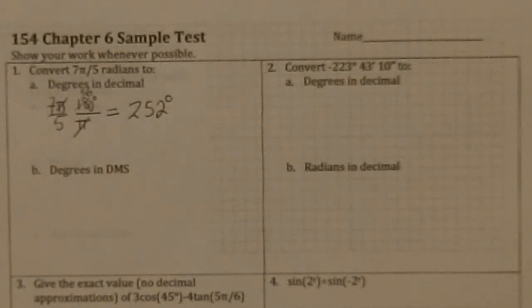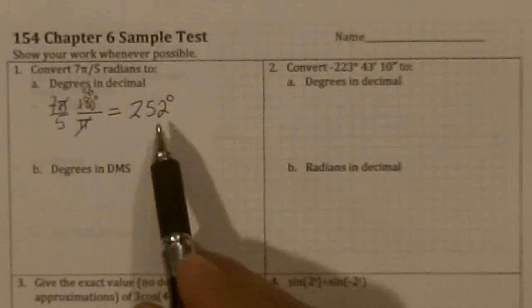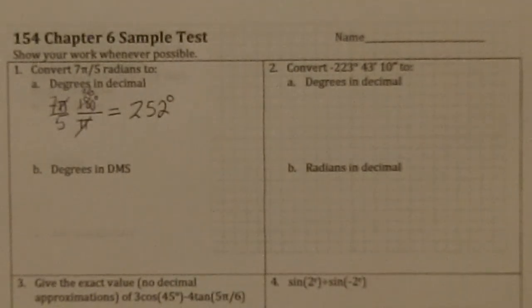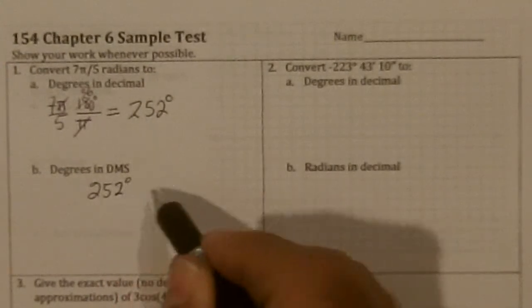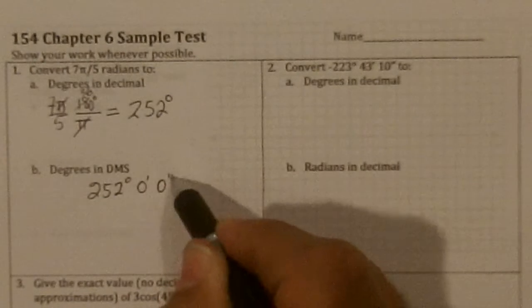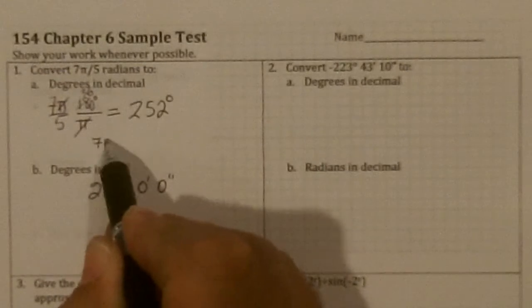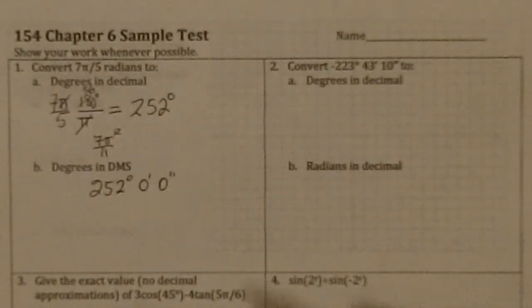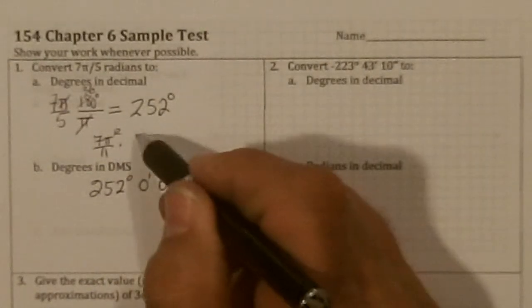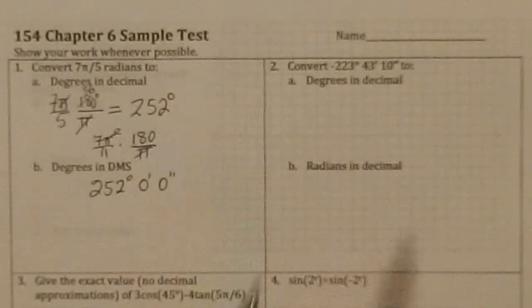And now the second one. Change that into degrees, minutes, and seconds. Well, I should have picked something a little bit different because this one's pretty easy. 252 degrees, 0 minutes, 0 seconds. So let me do a different one here. Let's say 7 pi over 11 radians. So I'd have to multiply that by 180 over pi, and the pi's would cancel, and I'd